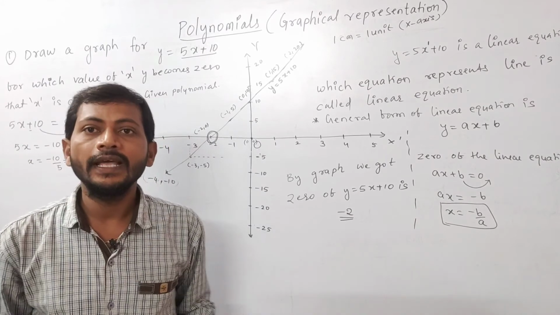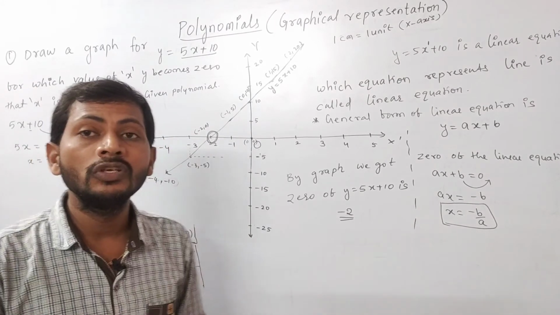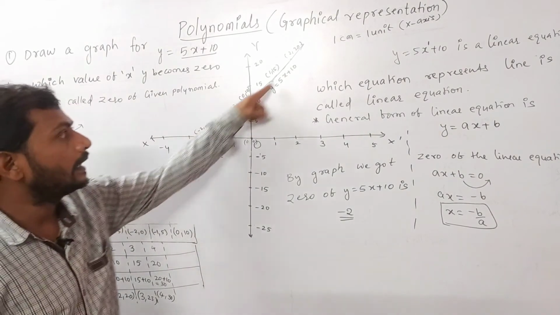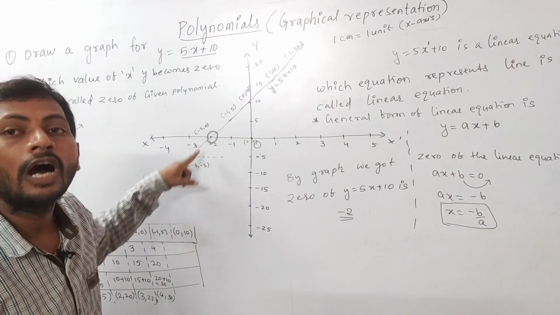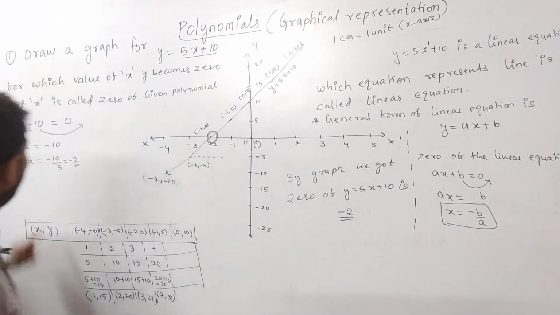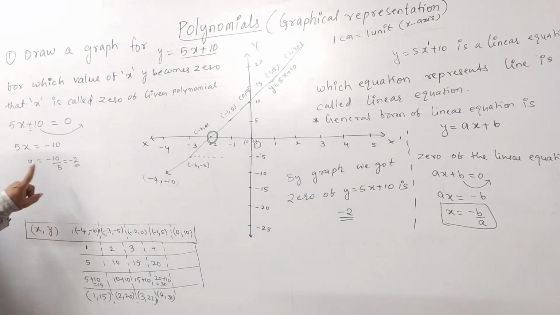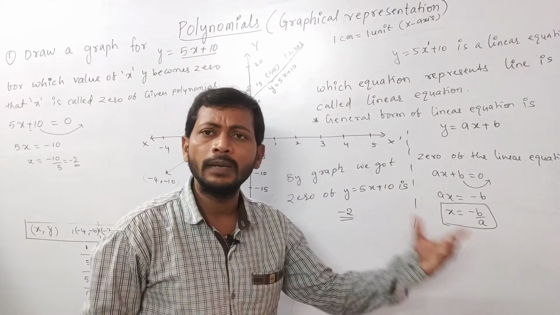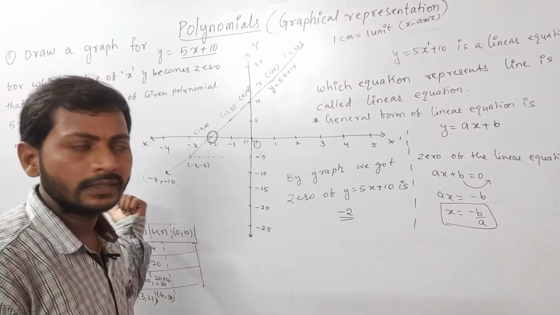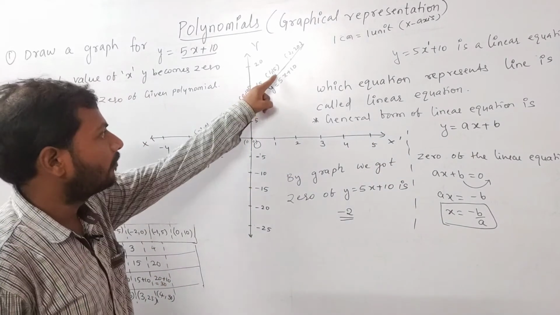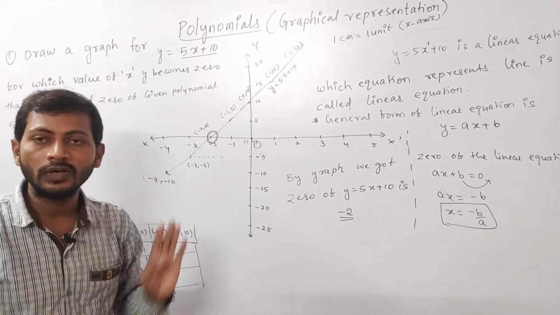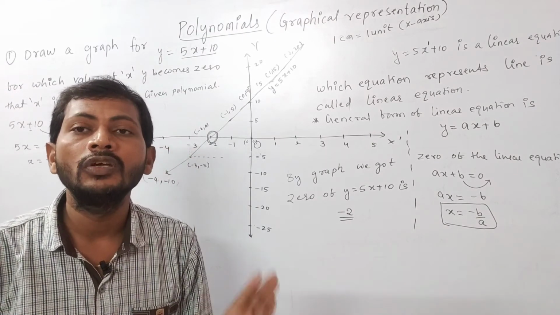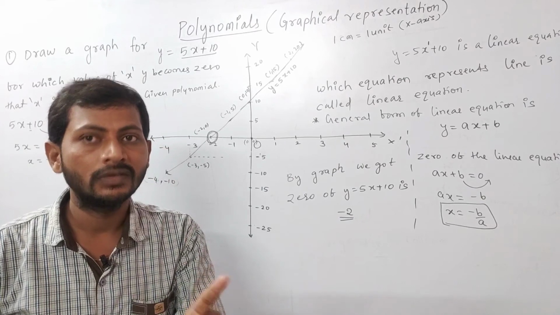linear equation. Next I am going to ask you, how many zeros exist for a linear equation? How many? It is one straight line. This straight line is cutting the x-axis how many times? Here by the numerical method you got x equal to minus 2. Here this is the formula. If you don't remember the formula also, no problem. If you know the process you can do it. And by the graphical method also you got how much? Minus 2 only. Then I am going to say that a linear equation has how many zeros? A linear equation contains 1 zero.